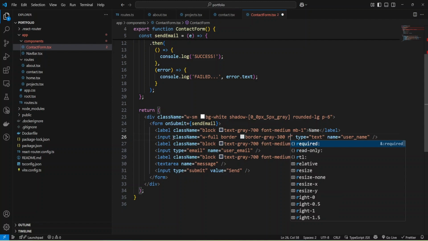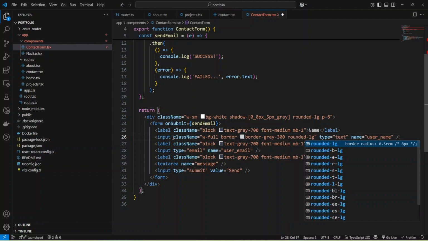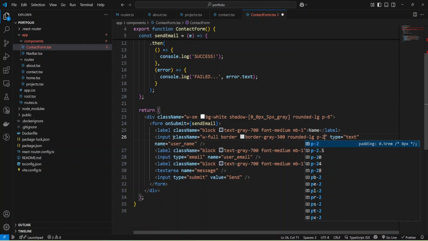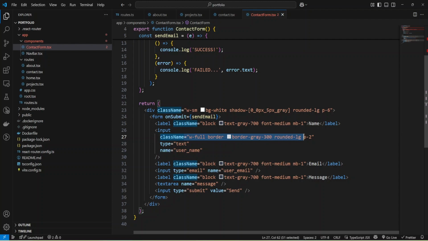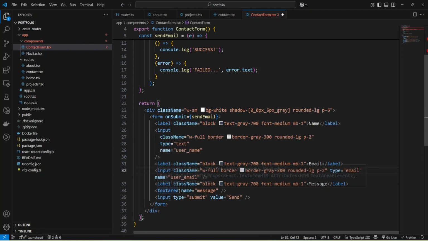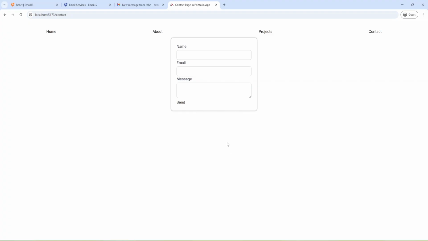Okay, and let's make it rounded lg and also add some padding too. Okay, and I'm going to add this class name to all my inputs and probably the text area. Okay, and let's check. And as you can see, we have styles.